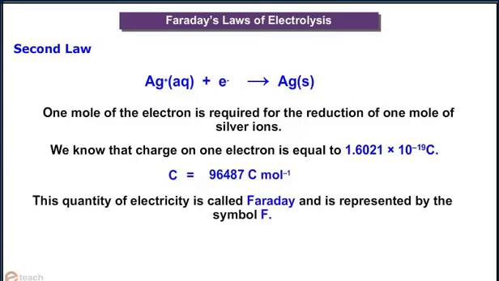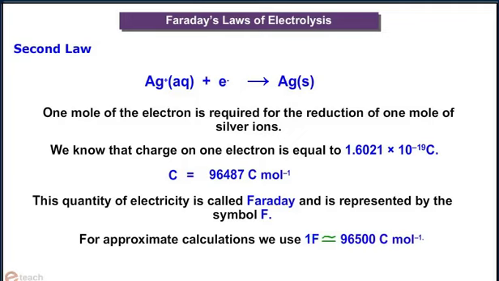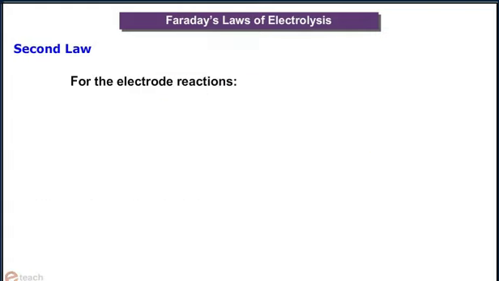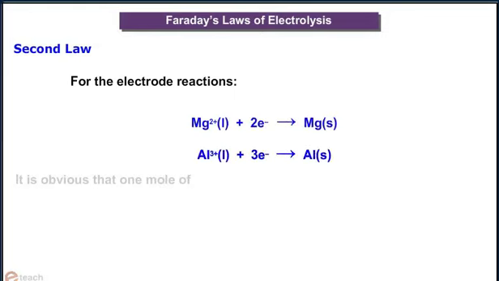This quantity of electricity is called Faraday and is represented by the symbol F. For approximate calculations, we use 1 Faraday = 96500 coulomb mol^-1. For the electrode reactions Mg2+ + 2e- → Mg and Al3+ + 3e- → Al,